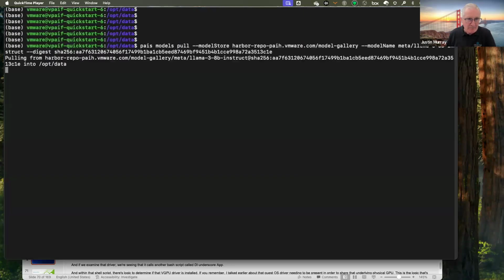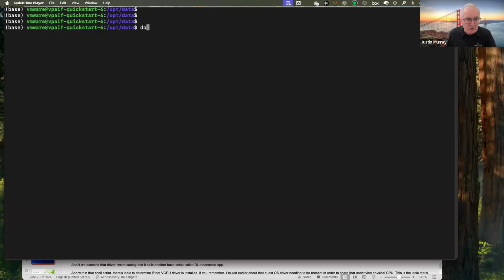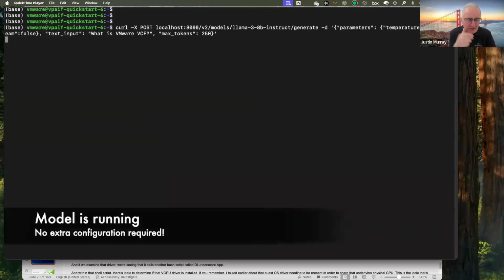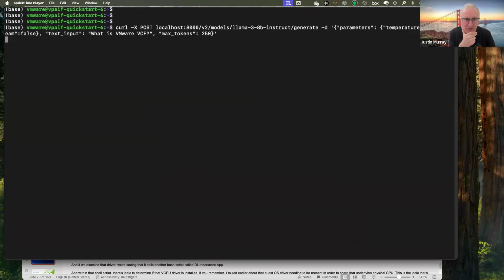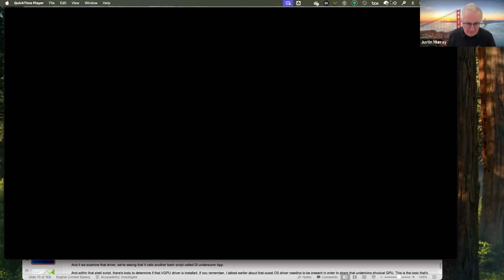We'll execute that model. We pull the model into the deep learning VM from Harbor. This is done automatically by some of our newest tooling. And we can execute that model and see it working. There's the model working. We could make that all part of a CI/CD pipeline if we wanted to. We can see that the model is running because we submit a query to it and we get a description back that completes our work here.